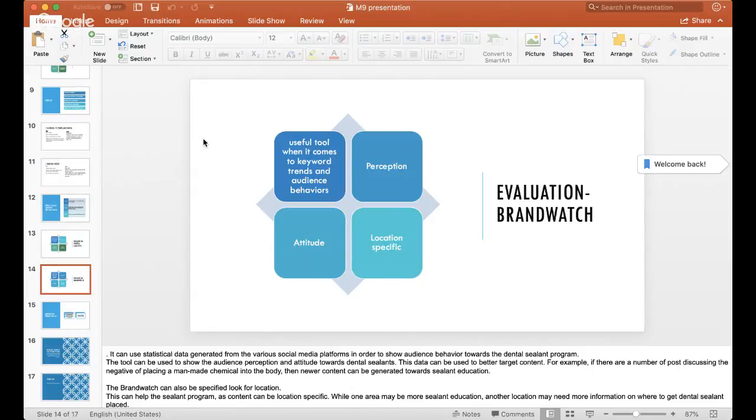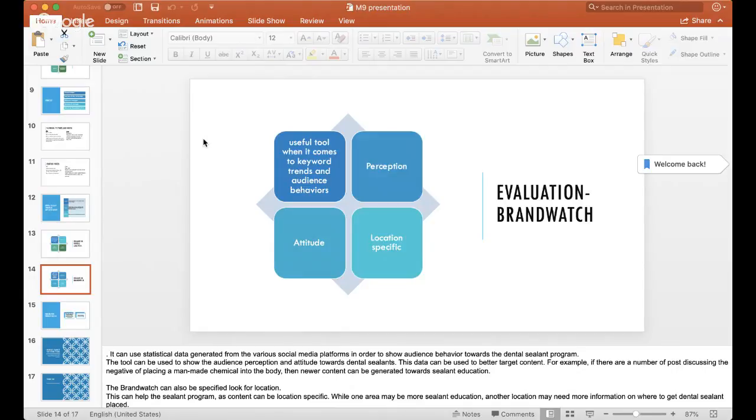It can use statistical data generated from the various social media platforms to show audience behavior towards the dental sealant program. The tool can show the audience's perception and attitude towards dental sealants. For example, whether they view dental sealants as a good or bad thing, whether the content is good or bad, or whether the video is not as educational as they thought. This data can be used